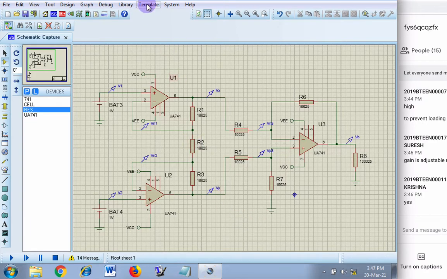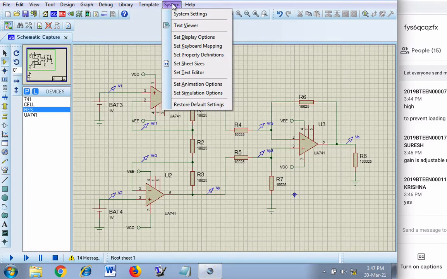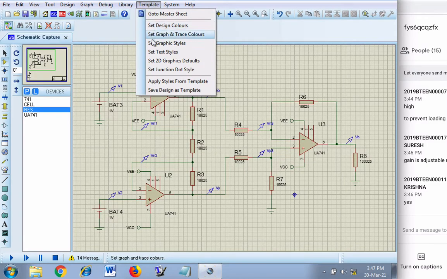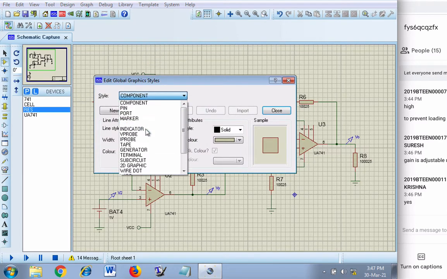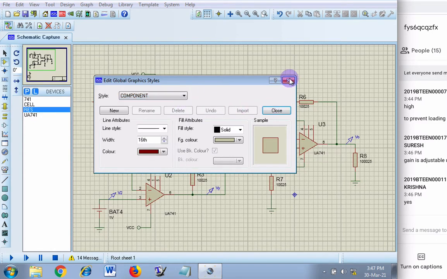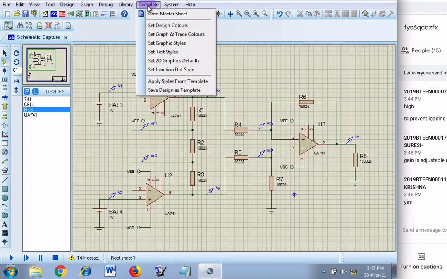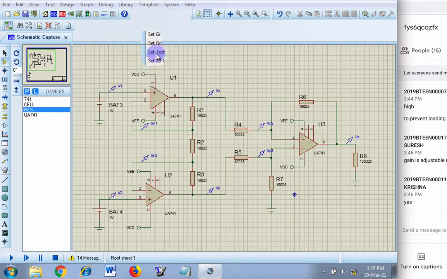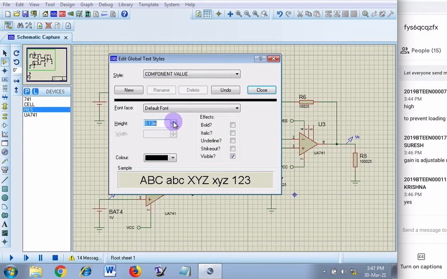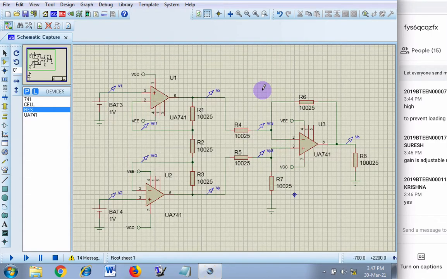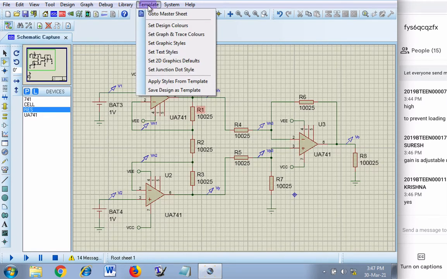So I'll do some adjustments. Now the values are seen a bit bigger.